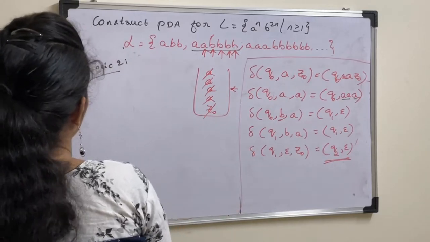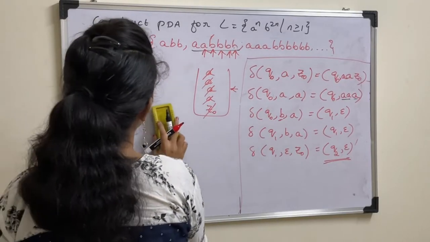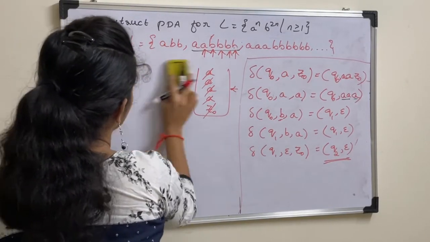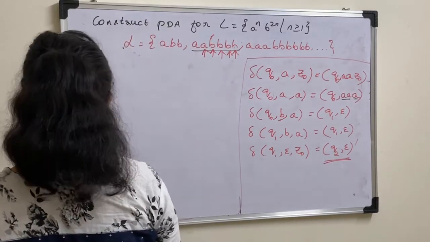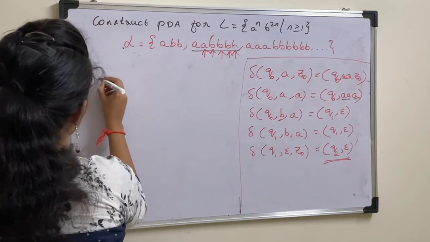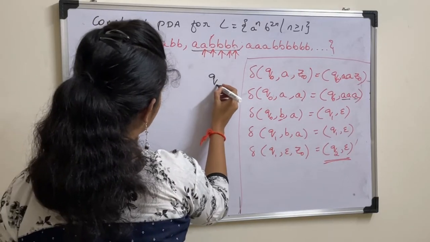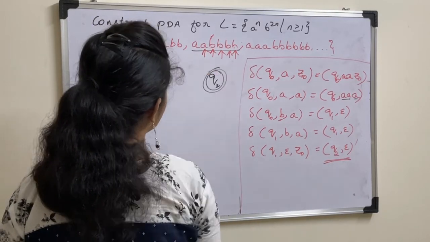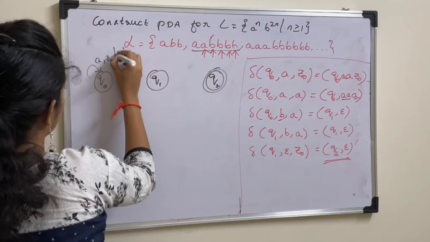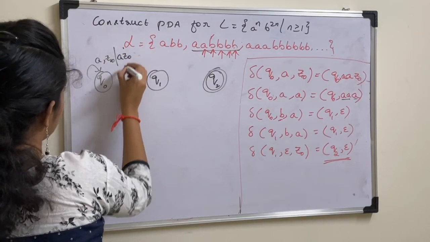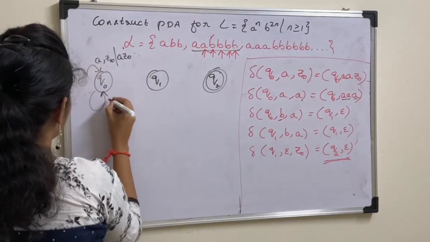So this is the logic for implementing the second logic for A power n and B power 2n. Now let us draw the graphical notation for this PDA. Q0, Q1, Q2, where Q2 is your final state. Now Q0, A and top of the stack Z0, it is push operation A A Z0. Remaining in the same state Q0. Next Q0, input symbol A.